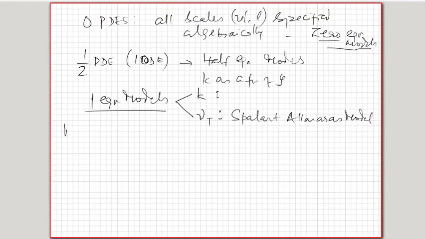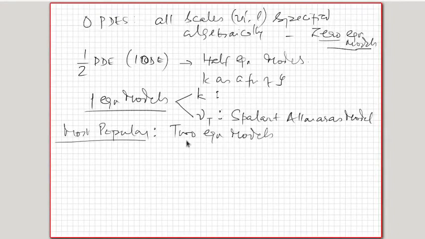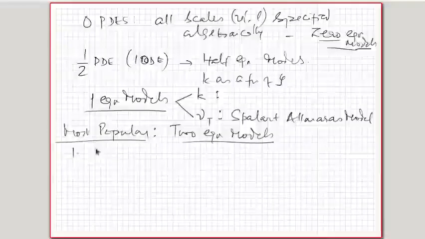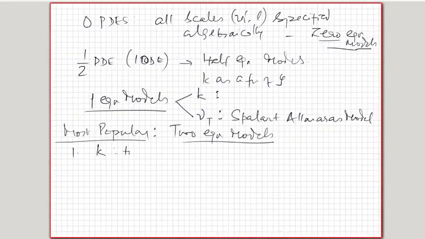The most popular eddy viscosity models are the two equation models. In two equation models, it is always one of the equations is for the turbulent kinetic energy k. What is the turbulent kinetic energy? It's basically the kinetic energy of fluctuations of the flow, which is derived from the mean flow and eventually dissipated